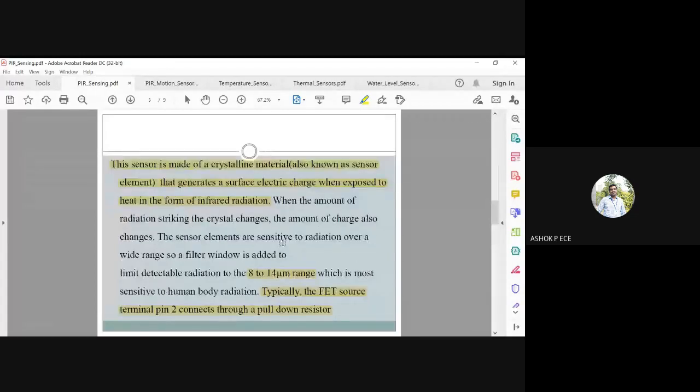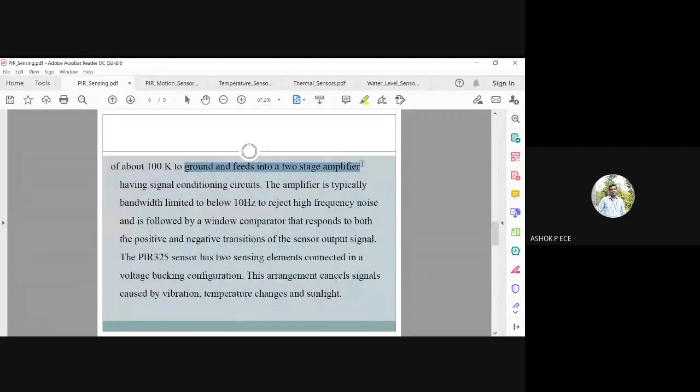So you have an amplifier circuit which is called signal conditioning. Signal conditioning means you're going to properly modify the signal for displaying to the output. And in the amplifier, you have very little noise because the signal is already very, very weak. So you have a comparator which compares the value from the sensor and the preset value. So you can ensure that whenever there is a change in the voltage levels, the output will show some difference.